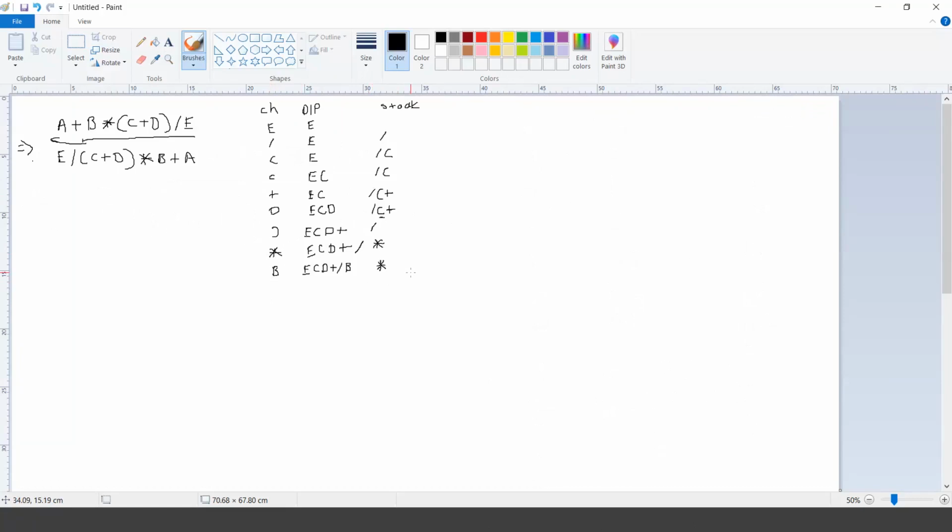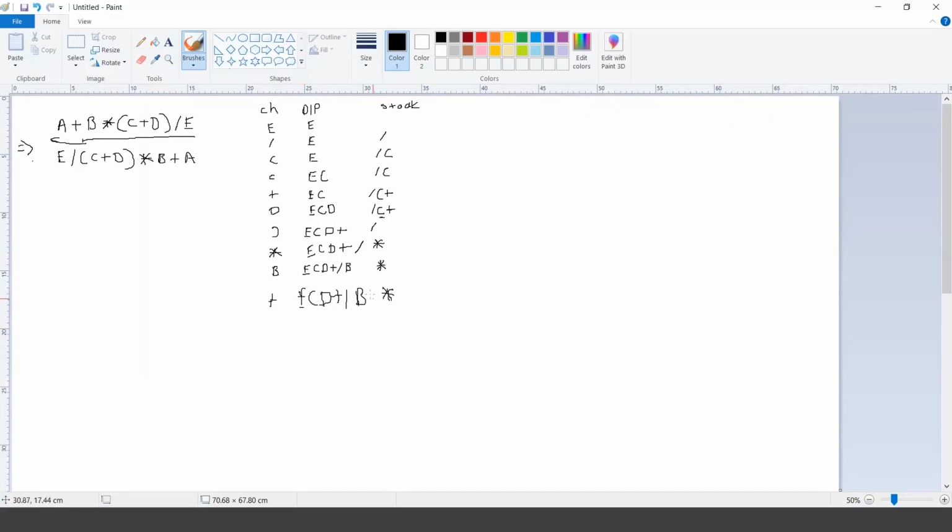Okay, great. Now the next thing that I'll scan is plus. So I'll write plus here. Now let's go with ECD plus divide B, and then we have a multiplication operator, and we are scanning the plus symbol. Now here we know that the multiplication has a higher precedence over the plus. So we have to pop this multiplication on the output.